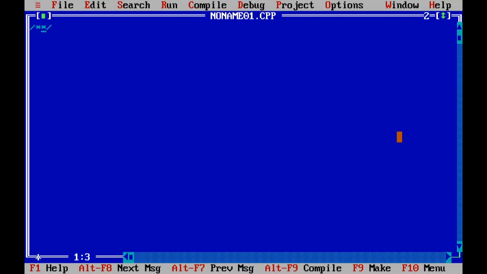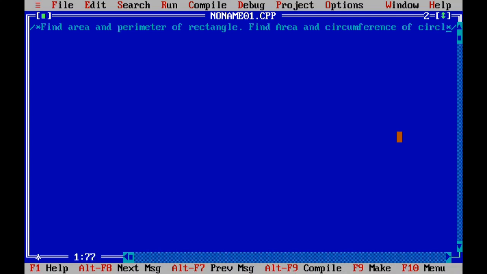Here we will write in short: find area and perimeter of rectangle, and second is find area and circumference of circle, and the detail is already given in our statement.